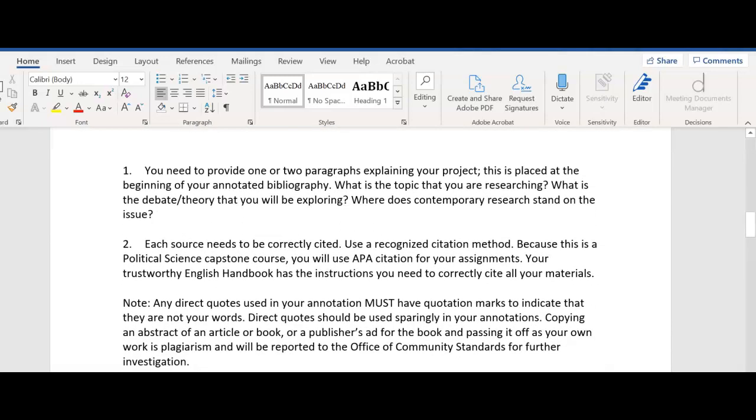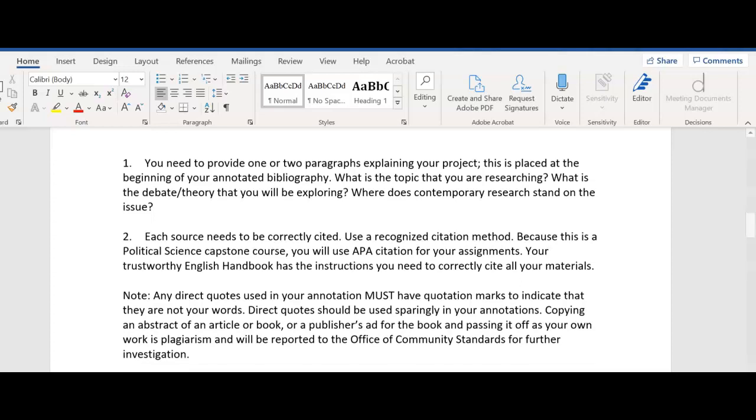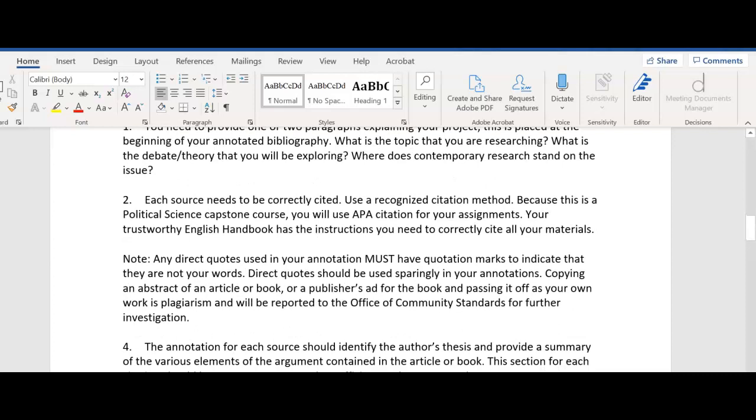So you'll need to provide 1 or 2 paragraphs at the very beginning of your paper here to explain your project. This is the place where you begin your annotated bibliography so that you can make sense of the sources that you're choosing. So you then want to make sure that each of your sources are correctly cited, and so